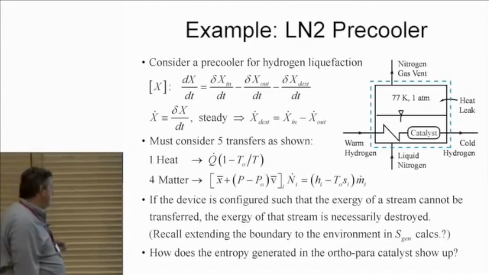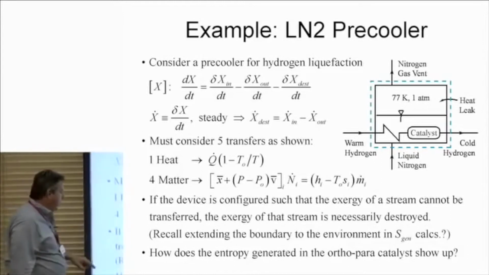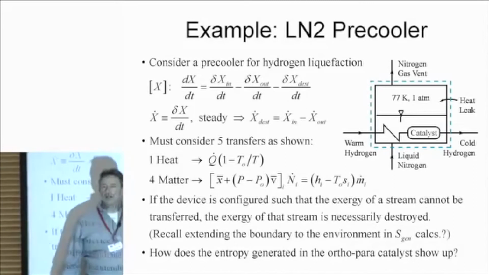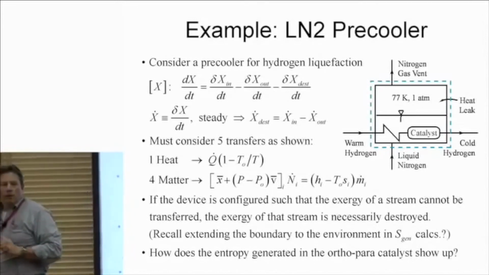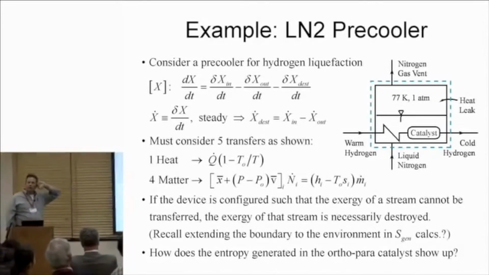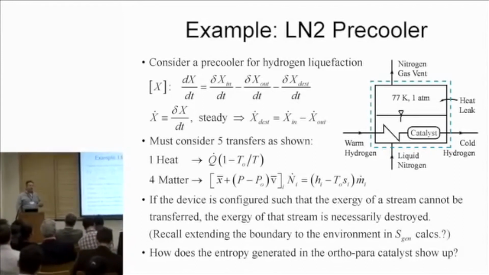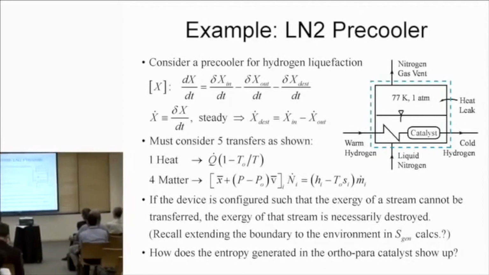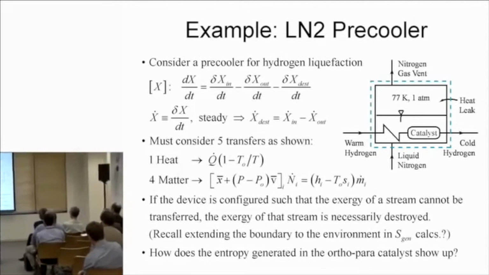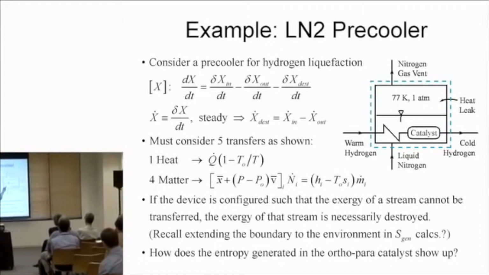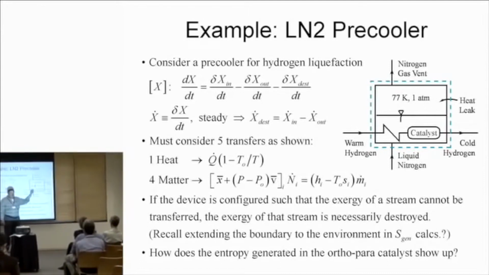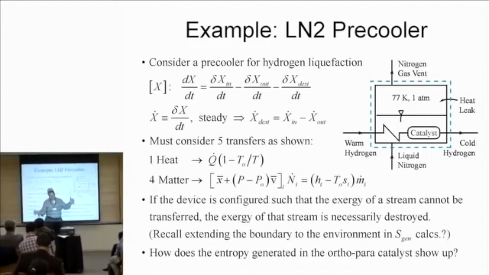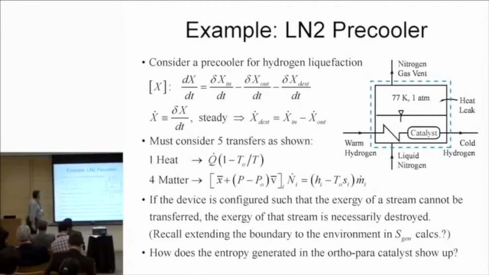Okay, question for you. How does the entropy generation in that catalyst show up in this balance? Yes. What will happen? Yeah, so I'm going to use more nitrogen from this thing. So that's going to show up by changing the amount of nitrogen, therefore the transfer terms into the system, and rearrange the exergy balance. Okay,